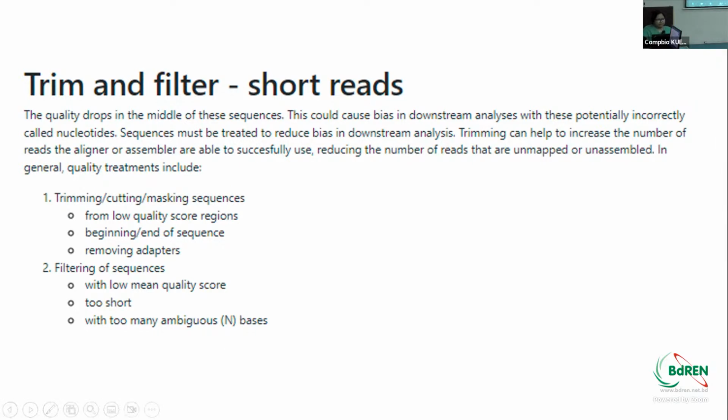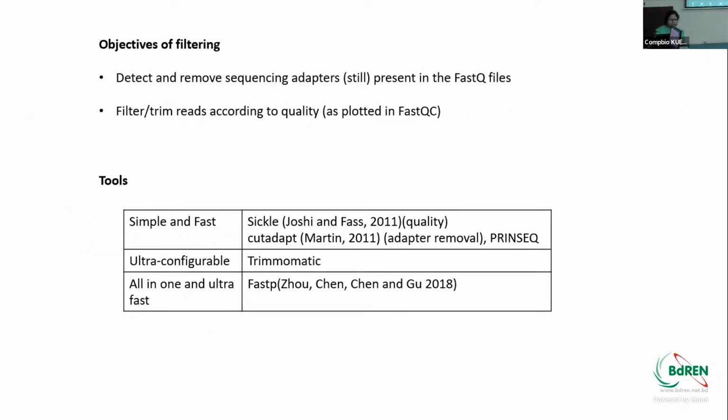Sequences with too many ambiguous N bases, we can omit. Or there can be some sequence that is only 50 base pair length and the other is 150, then we can omit the too short ones. So for trimming and filtering, the tools we use vary from time to time,